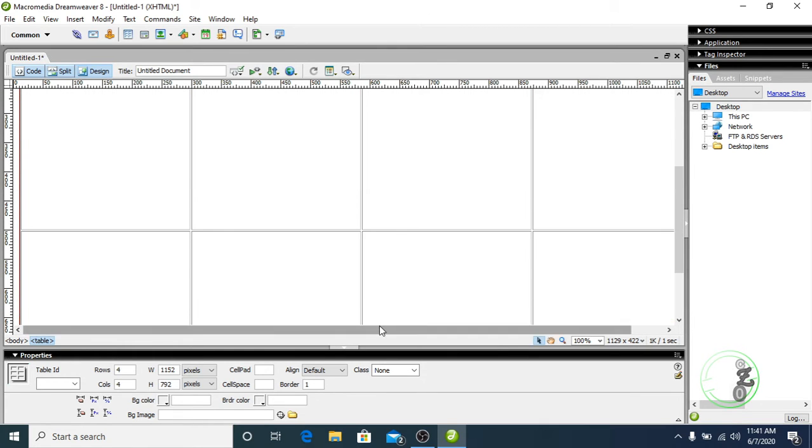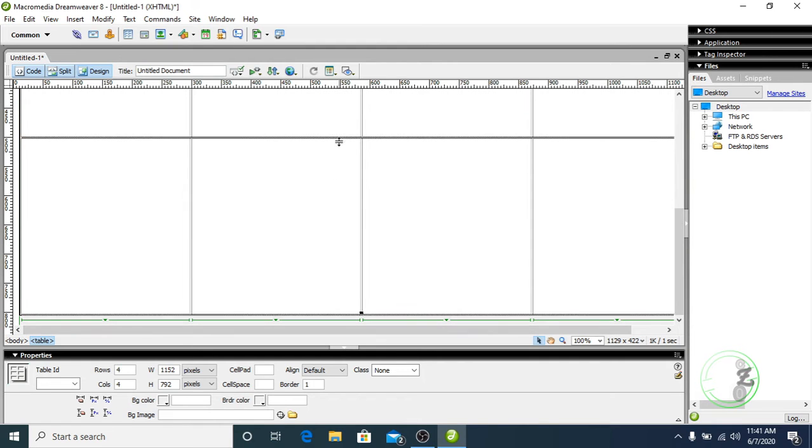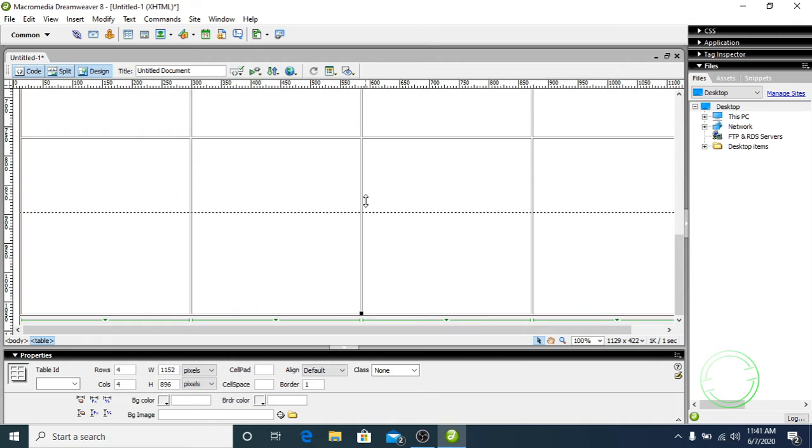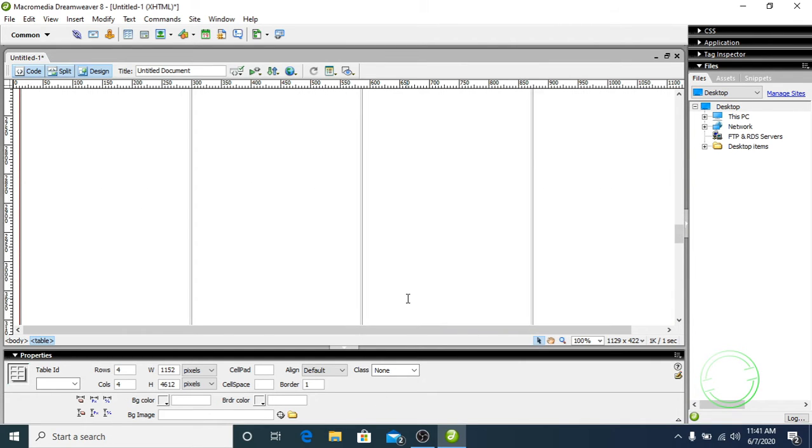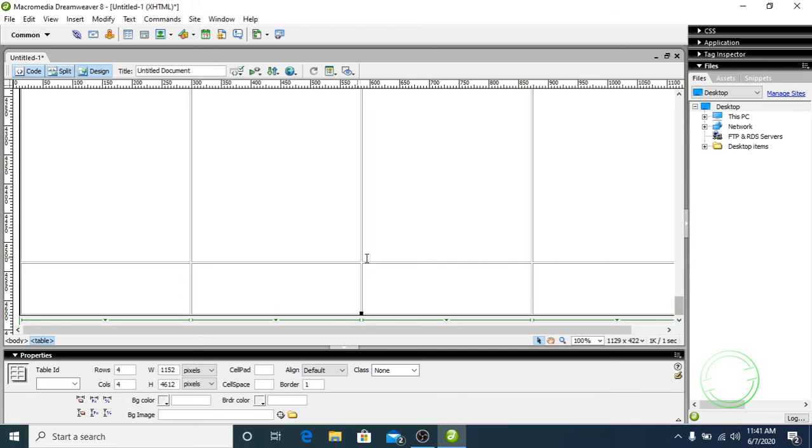Larger. So here make it as you want. This became quite big, so make it a bit smaller.